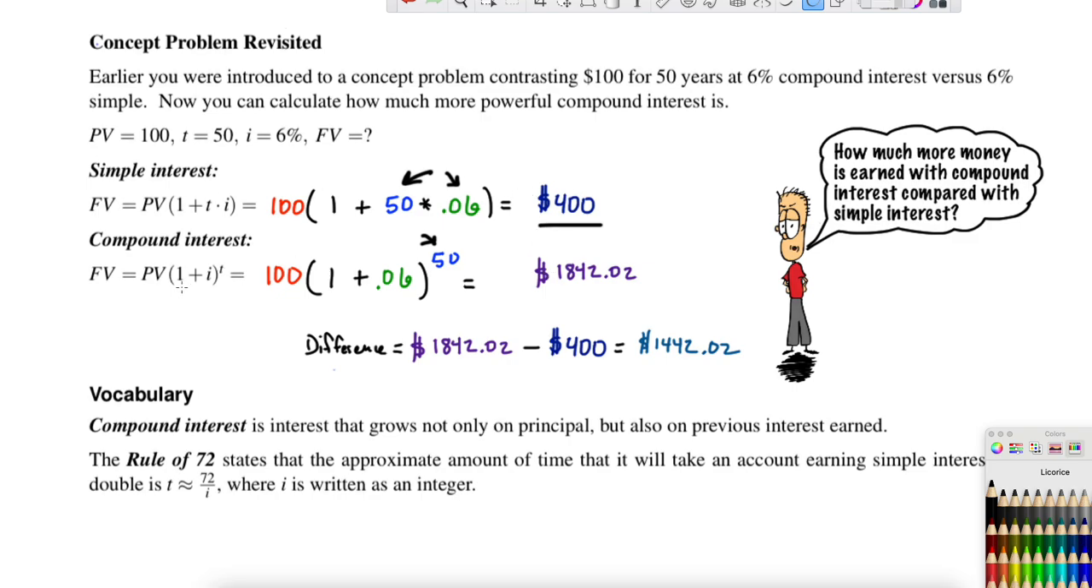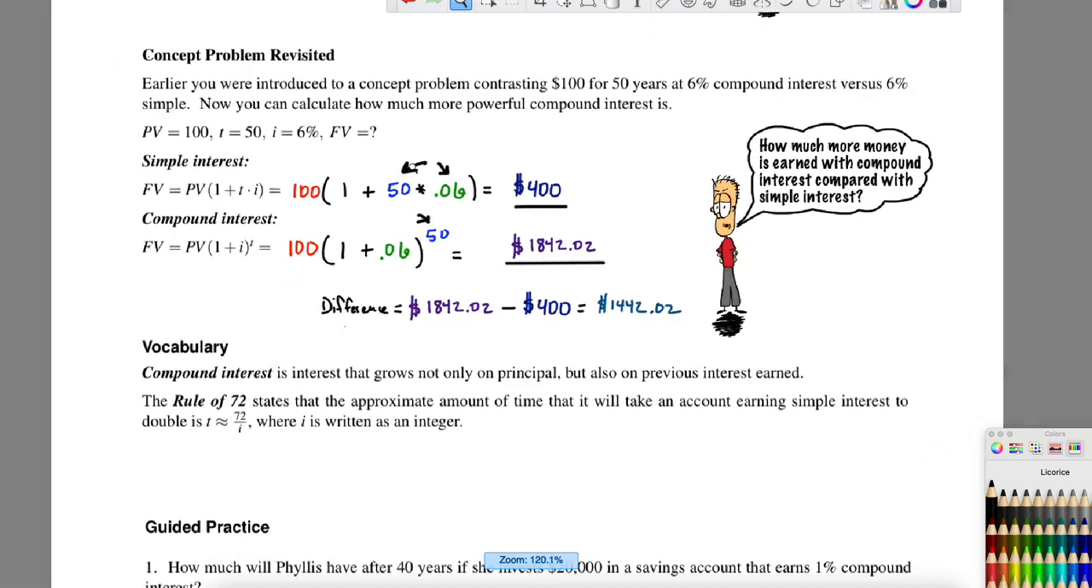400 for simple, and then the compound interest is 1,842. And the difference is 1,442. That's fairly significant. Okay,